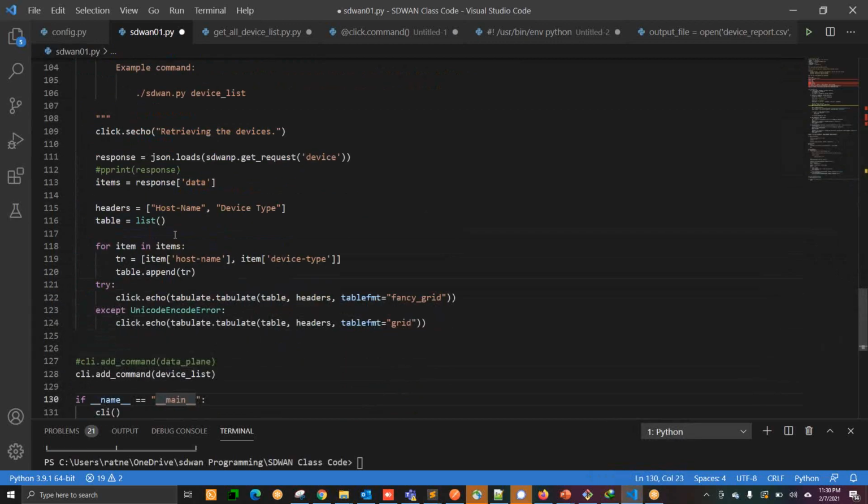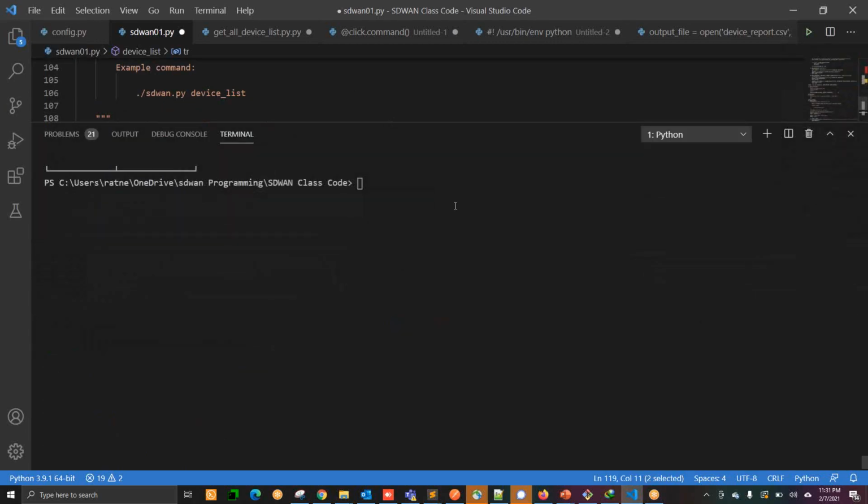What this for loop is doing is appending the tr. The table is the host name and the device, and that's why it is going up to the end. So that's why it is printing line number 1, line number 2, line number 3, 4, whatever devices we have.